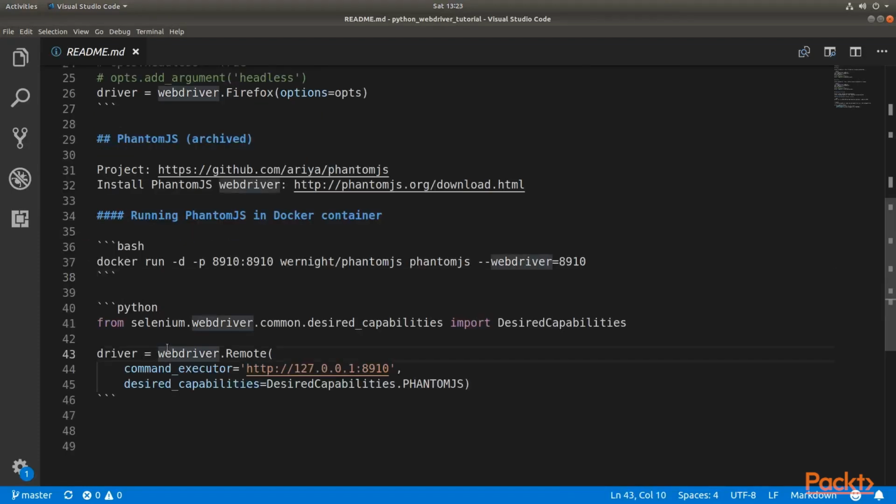Now let's talk about Phantom.js. This is essentially a browser that didn't have a UI version of it, so it was only headless. You can find on this link in GitHub the official project, which is now archived, and also here you can download it. But the best way I found out for myself to use it is as a Docker container, we will just run this container on this port,